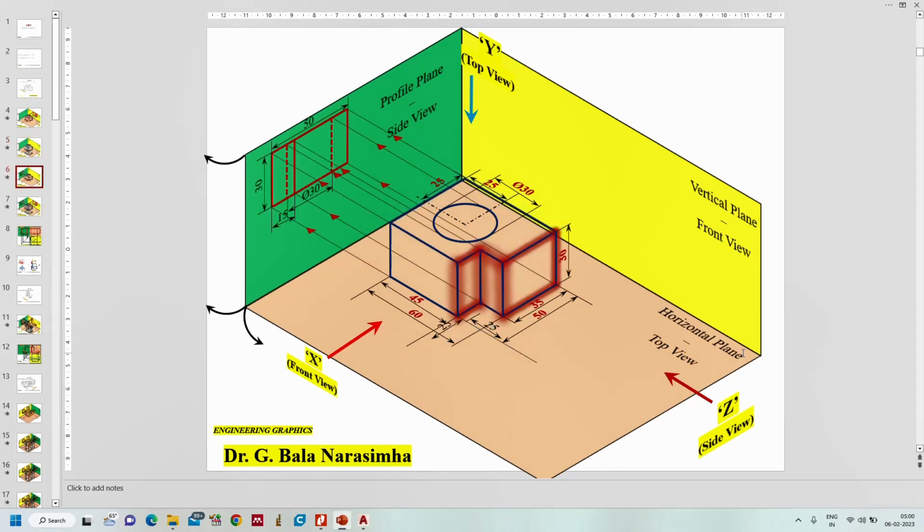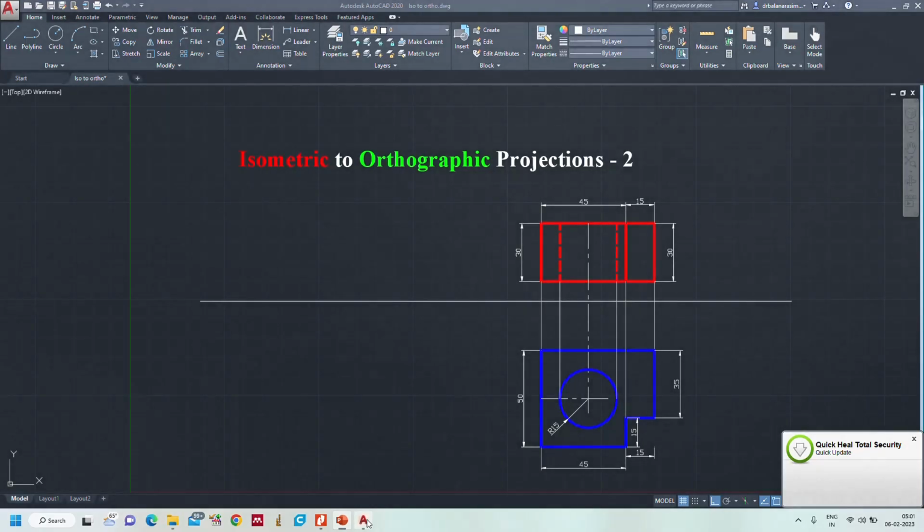Yes. See, the observer is viewing from this side: front view and top view and side view. So for the side view, you are looking at the right side, towards our right hand side. So that's why it is the right side view. When we are looking from the right side, it is a right side view, but this view will be placed on the left hand side. Right side view will always be on the left hand side. Left side view will always be on the right hand side. So now the person is looking from the right hand side, so the view will be on the left hand. So to draw that one,